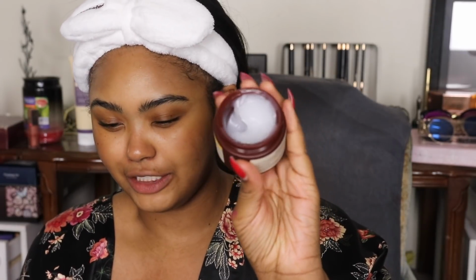Okay, so last but not least, we gotta seal in all that goodness with a lotion or cream, the Bombee Honey Moist Cream. I just appreciate that all these products smell very similar, so they're not like a bunch of smells on my face. For those of you that are really sensitive to smells, this is an interesting texture. A kind of like a gel cream. This one doesn't have a scent at all. This is really, really light. So it's nice, like after using all those other masks, it's not a whole lot of heaviness,